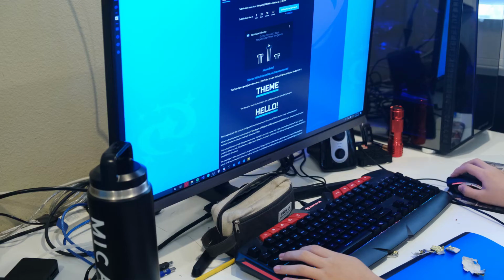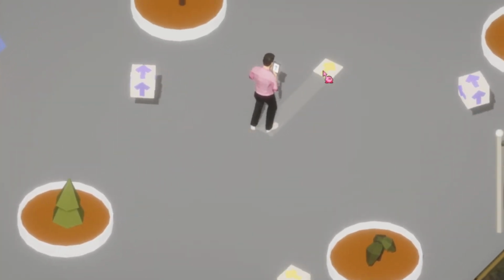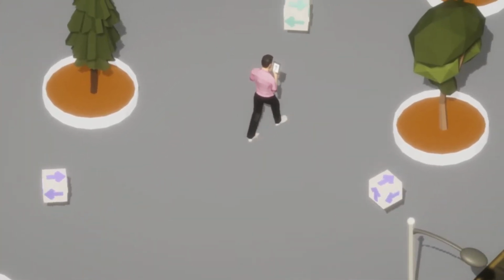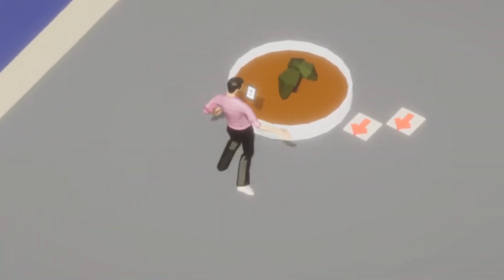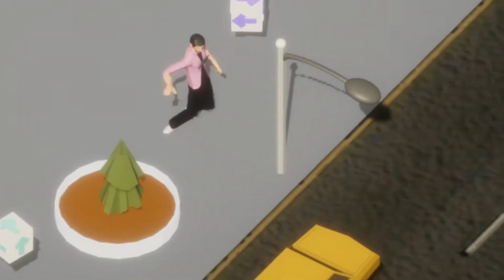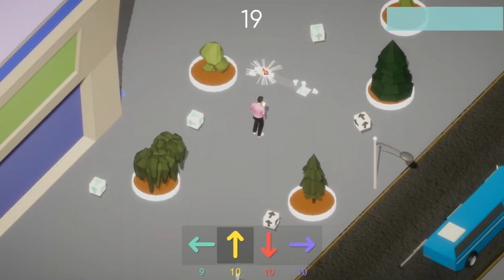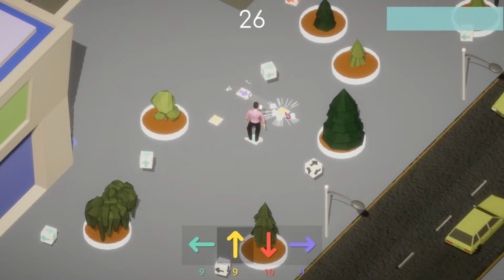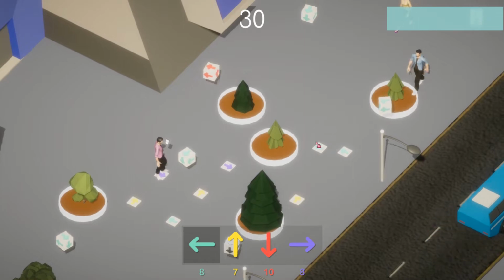The theme was direction. We decided to make a game about this guy on his phone and he's walking on a sidewalk. He won't look up, and you can run into people, trees, buildings, poles, and worst, a vehicle. You have to plan out your path because you're his GPS, and you can queue up a number of arrows to navigate his way and get as far as he can.